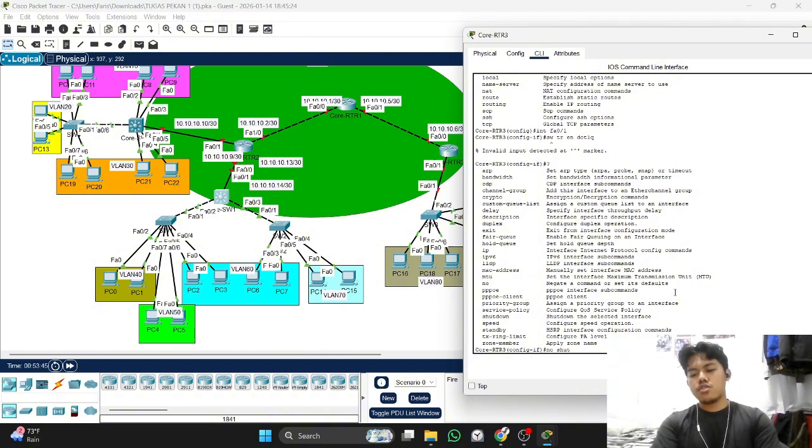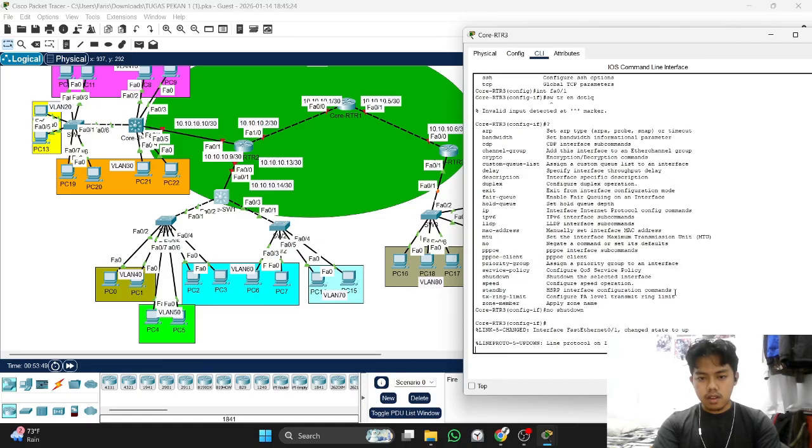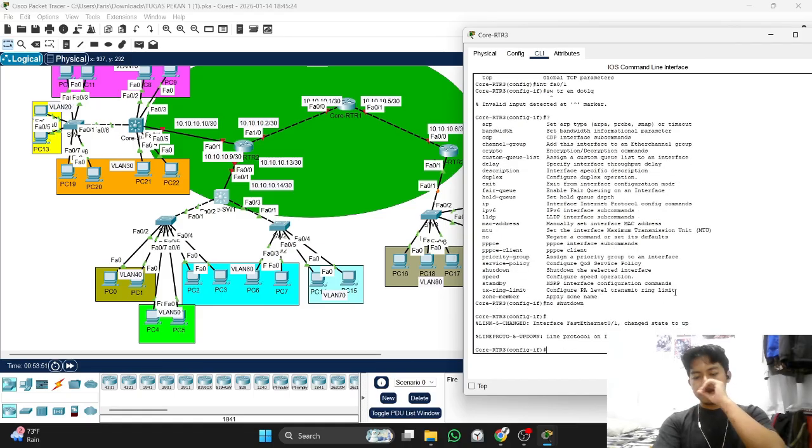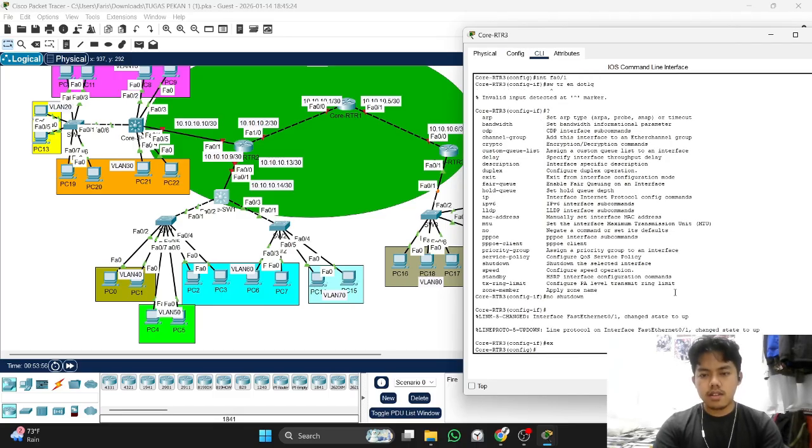We write no shutdown. Okay. After that exit, we create the sub interface.